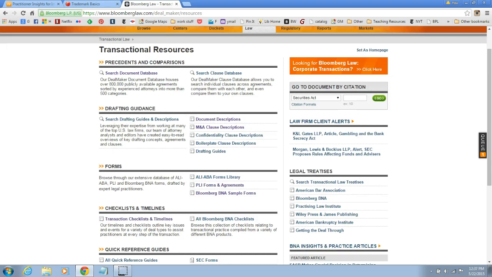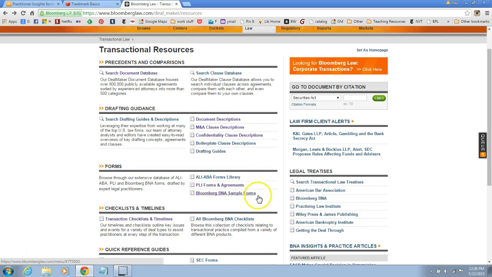Here I can actually look at a wide array of issues and look specifically for the kind of document I want. Let's look now for an employment agreement that includes both clauses on confidentiality and covenants not to compete. I can get some fantastic information from the confidentiality clause descriptions, or I could look at an entire sample